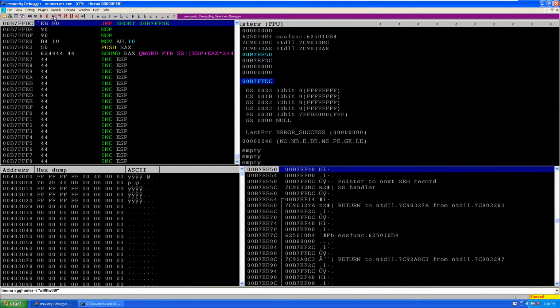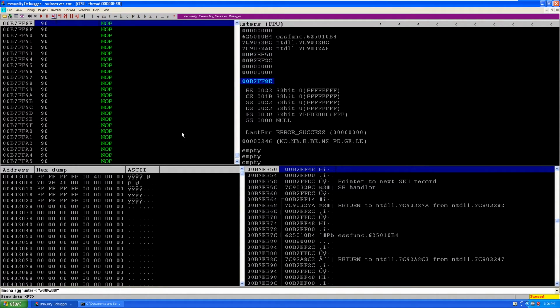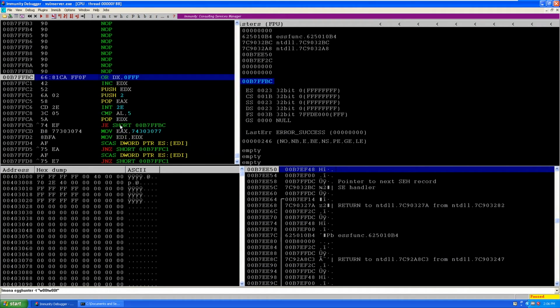Pop pop ret, and we are going to jump backwards. Let's go ahead and run this. You can see we have landed on so many NOPs. If you go and execute these NOPs, so this is our egg hunter.